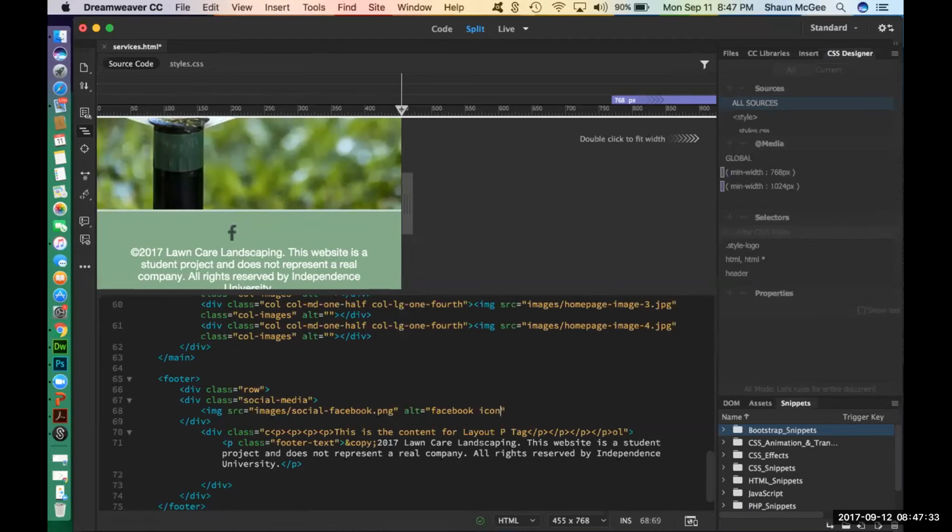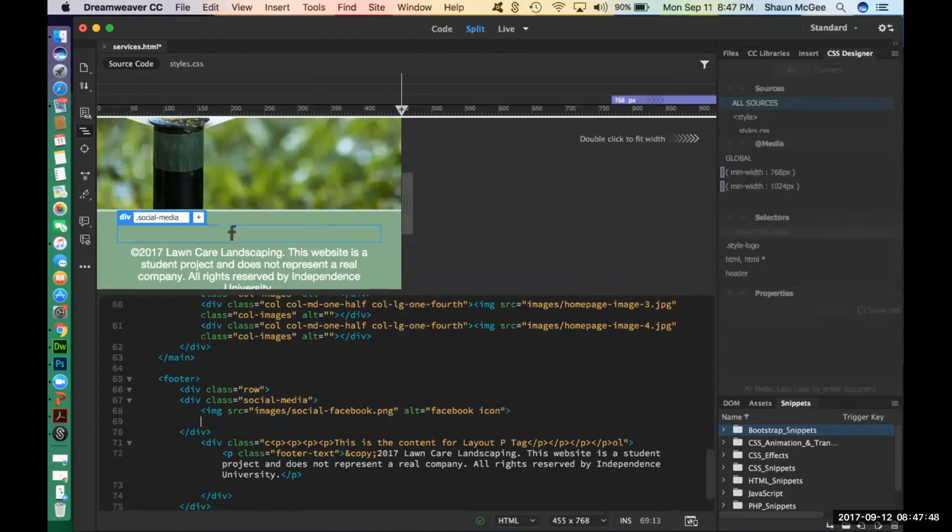Does it matter that I put a space between Facebook and icon? Yeah, that's alt text, so it should have spaces. Okay. And then after that, the closing bracket? Yeah, your little less than sign. There you go. Hit your enter key and do the exact same code, except this time you're going to